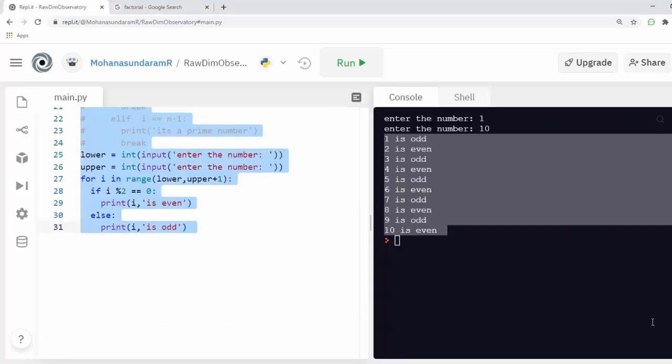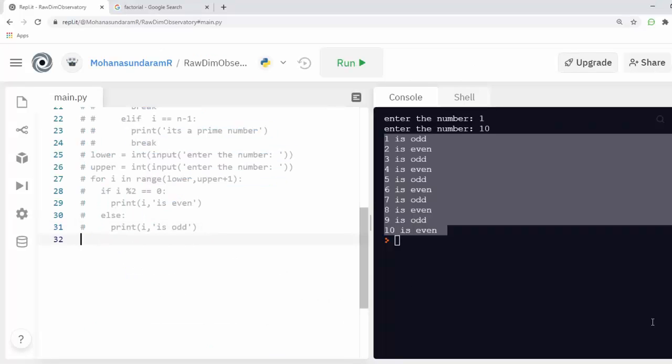I'm commenting everything out. I'm creating two array values. An array is nothing but a list: 1 2 3 4 5. This is an array, and it's going to be another array 6, 7, 8, 9, 10. I'm going to add the two arrays, and I'm also creating another variable, an empty list, C.